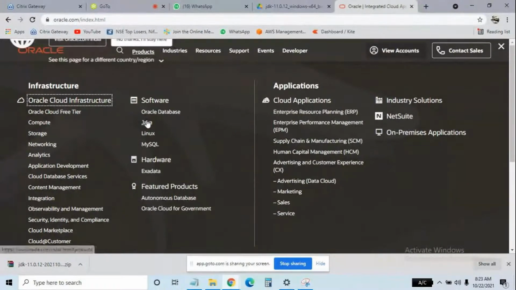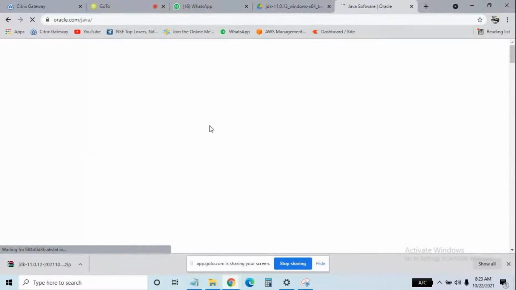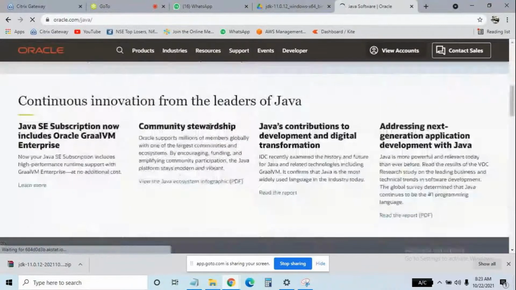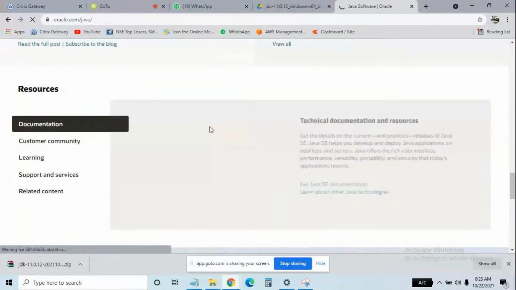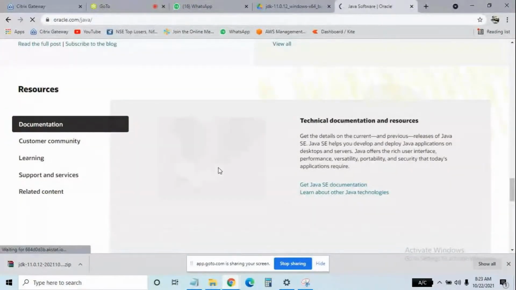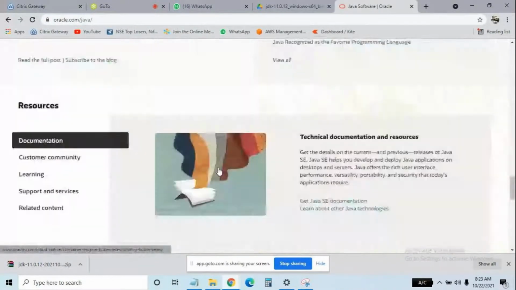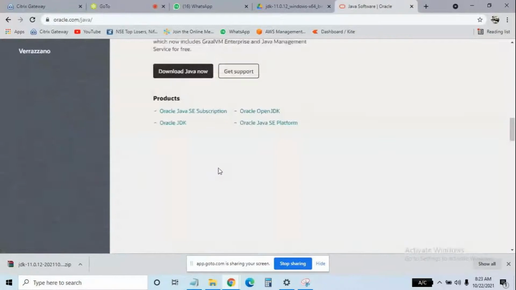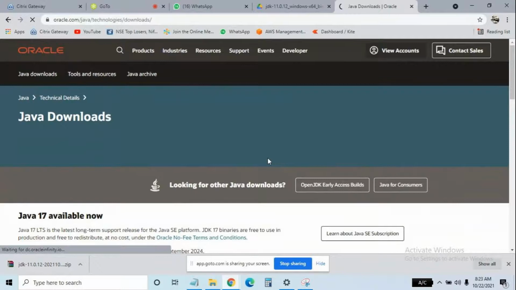Java. Go down. Click on Java. No, no, go up. There you go. Download. Download Java now. Click on that. Slowly go down.